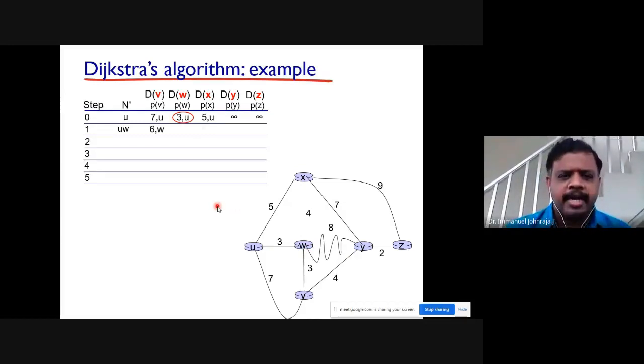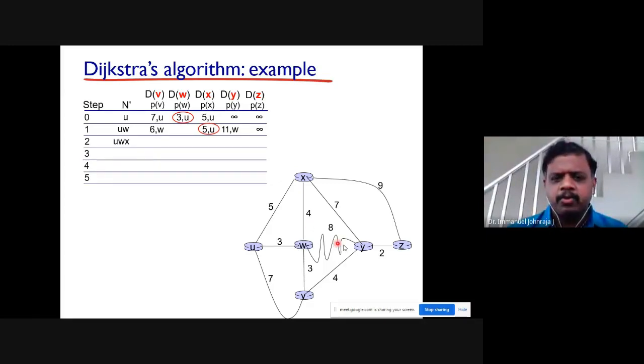And you will not add anything here because you have already visited that place. Now, can you guess what will be the next step? Find out which has given the least distance. It's going to be X. So add X with this, so you will end up with UWX. Shall we look at that? Okay, it's going to be UWX.